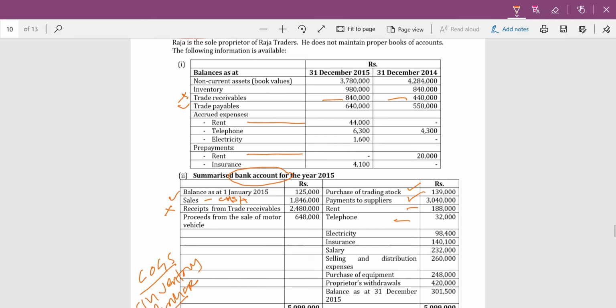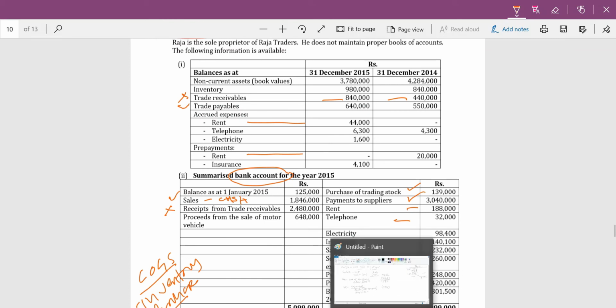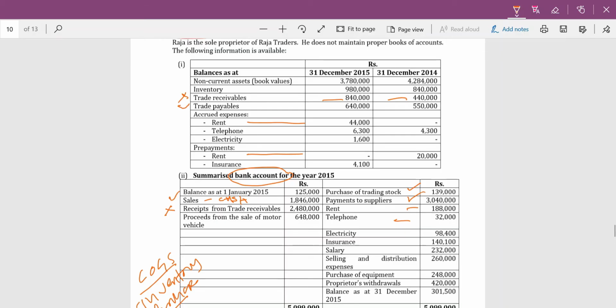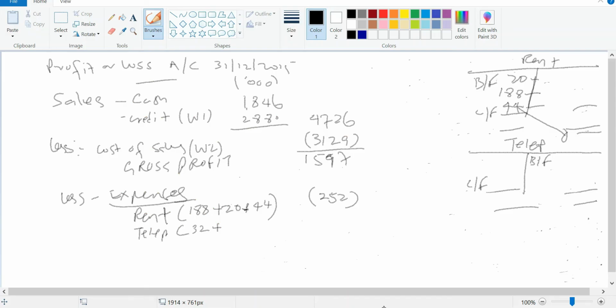So if you take the telephone account, accrued opening and accrued closing. Accrued telephone opening 4,300,